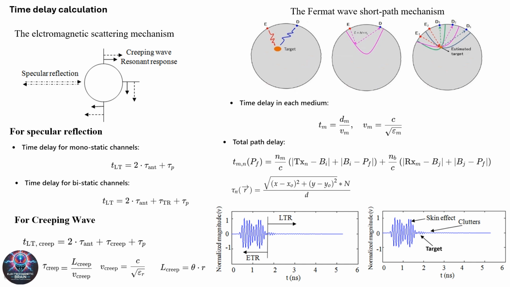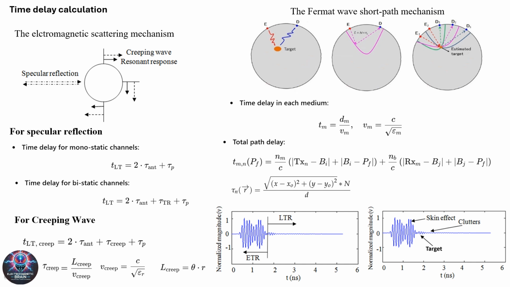In the equation, BI and BJ represent the boundary points along the propagation path, and PF is the focal point inside the brain, where the tumor or other abnormality is located. The refractive indices NM and NB and the speed of light are also factored in to calculate how the signal propagates through different layers. Using Fermat's principle, the system identifies the shortest electrical path, which ensures that the microwaves travel the most efficient route between the TX and RX antennas and the focal point. This principle improves the accuracy of the beam-forming process, which combines signals from multiple antennas to create a focused image